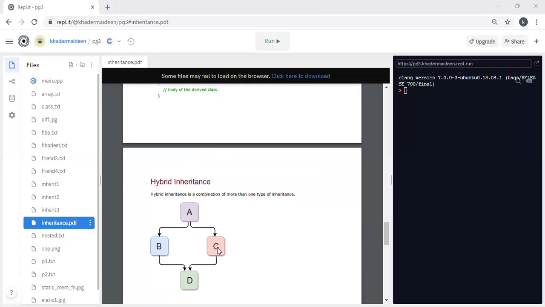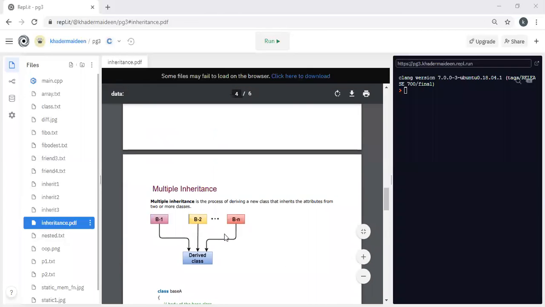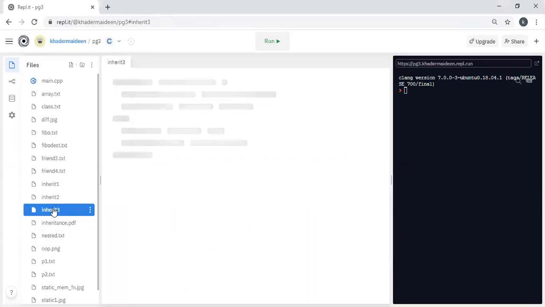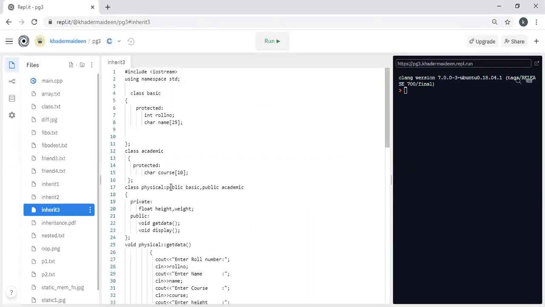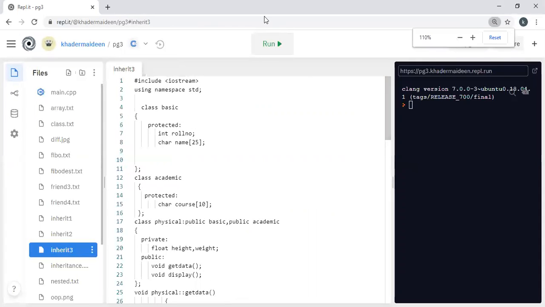Let me see one example of the multiple inheritance. So here basic is the base class. Under the protected category, roll number is an integer data member and name is a character data member.